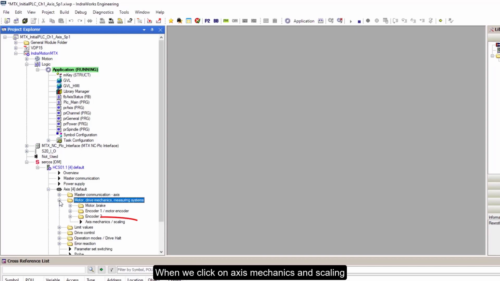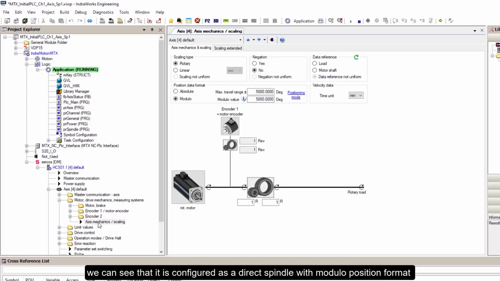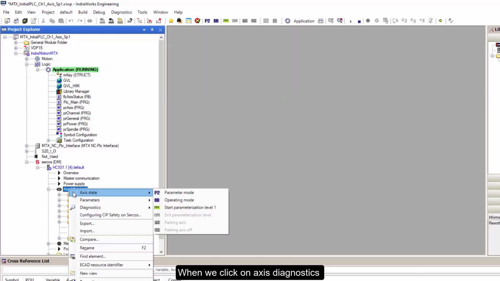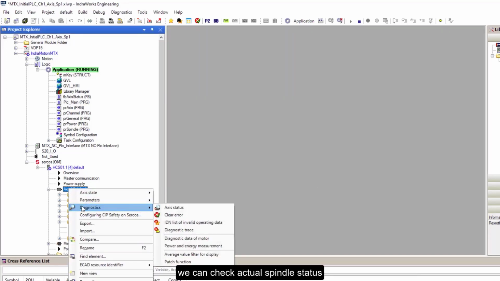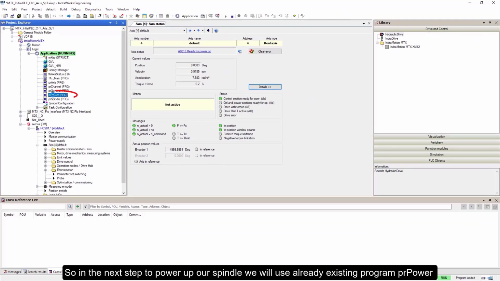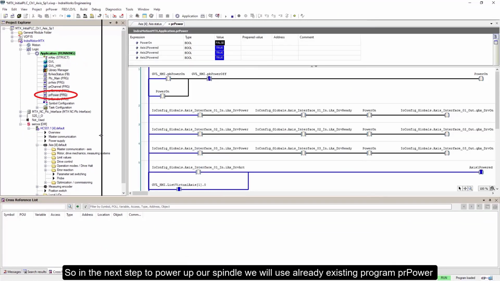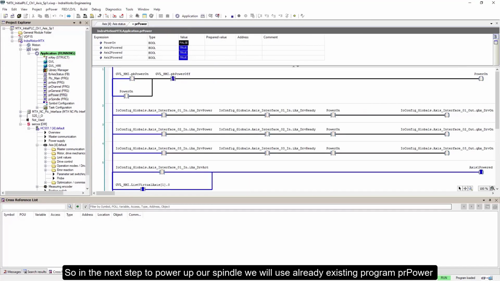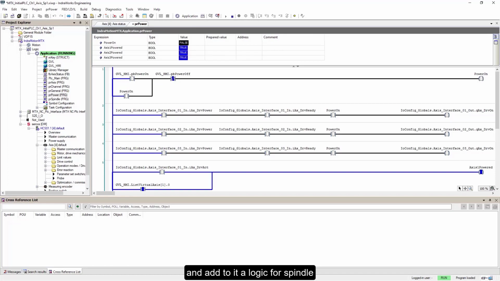When we click on Axis Mechanics and Scaling, we can see that it is configured as direct spindle with modular position format. When we click on Axis Diagnostics, we can check actual spindle status. We can see that there are no errors and drive is ready for power on. So in the next step, to power our spindle, we'll use already existing program PR Power and add to it